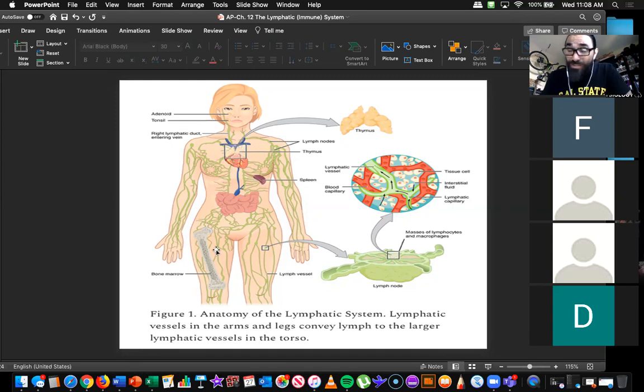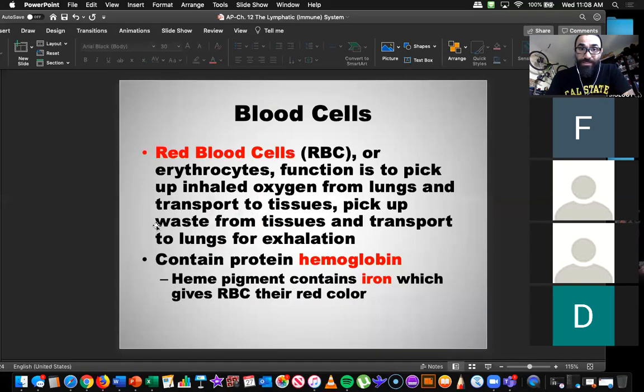And what lymph does, guys, it's kind of like the cleanup crew, right? Or the garbage disposal, right? We talked about this, Anna. It's like the cleanup crew. What it does is it'll travel to the tissue. So let's say it comes down to your digestive system, right? It travels to this area and it takes with it the things that you don't need so that they can be flushed out. So in that sense, that's why I called it a filtration system, right? So that's a picture of the lymphatic system, right?